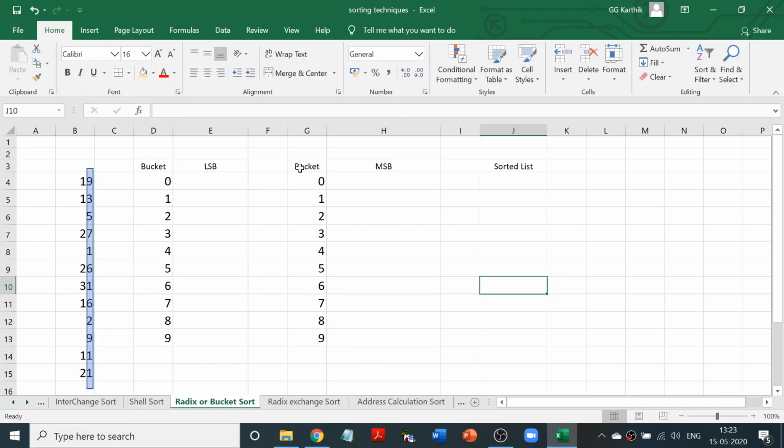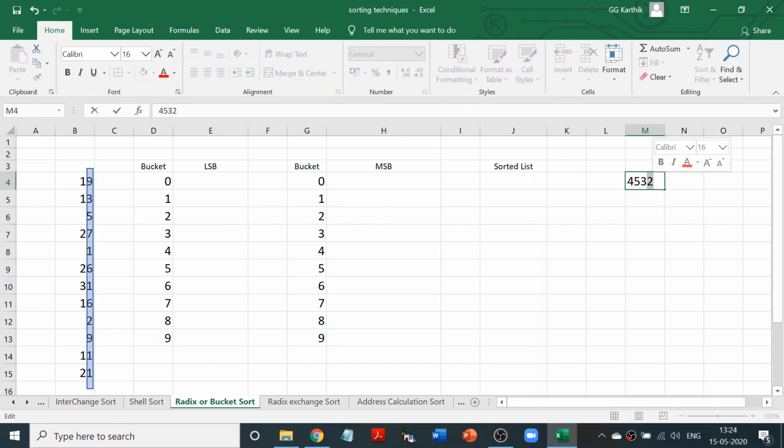Just see, what are we going to consider in the first step? Always we start from the least significant bit, which is the LSB. Say for example there is a number; the least significant bit here is 2, the most significant bit here is 4. That is what we are going to do now. We are going to start from this 2 and then go 2, 3, 5, 4, like that we are going to keep considering. So 2 is going to be the least significant bit. This was an example I told you.